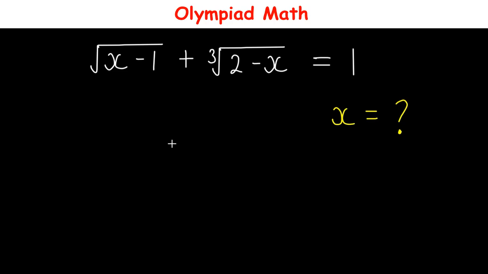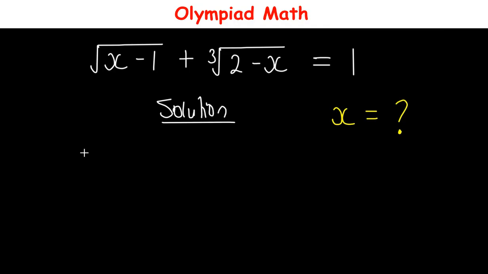Hello everyone, in this video let us solve this question. We have the square root of x minus 1 plus the cube root of 2 minus x equals 1. From this equation, we want to solve for the possible values of x. So to solve this,